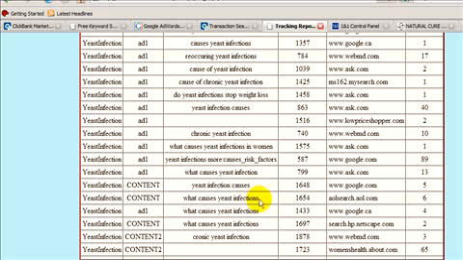So feasibly what we can do is set up a campaign around this keyword, causes of yeast infections, or what causes yeast infections, and have that run, and the ROI is going to be phenomenal. Now the revenue is not going to be that great. However, your ROI is going to be great, and until one of those undercover profit guys comes along to try to compete with you, you should be cruising along for quite a long time.